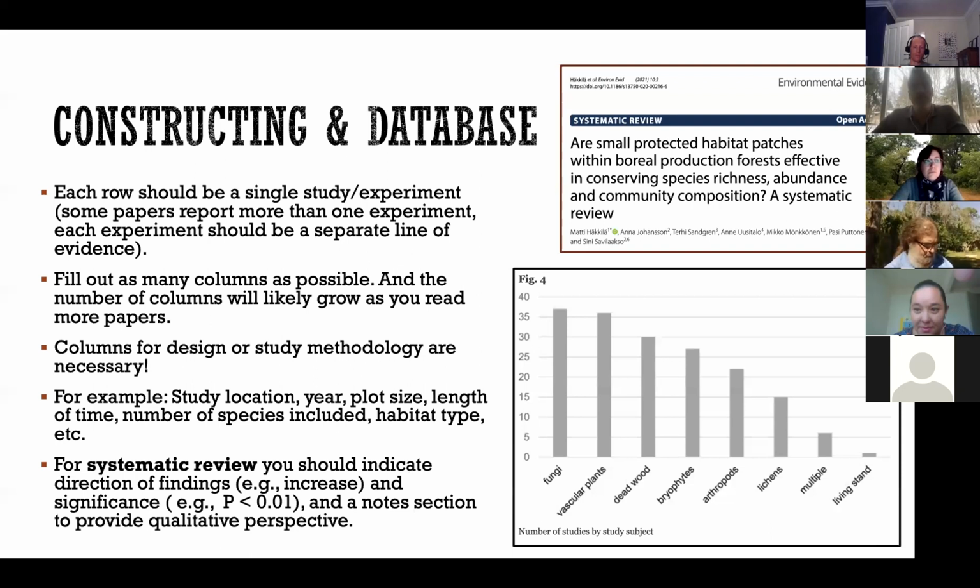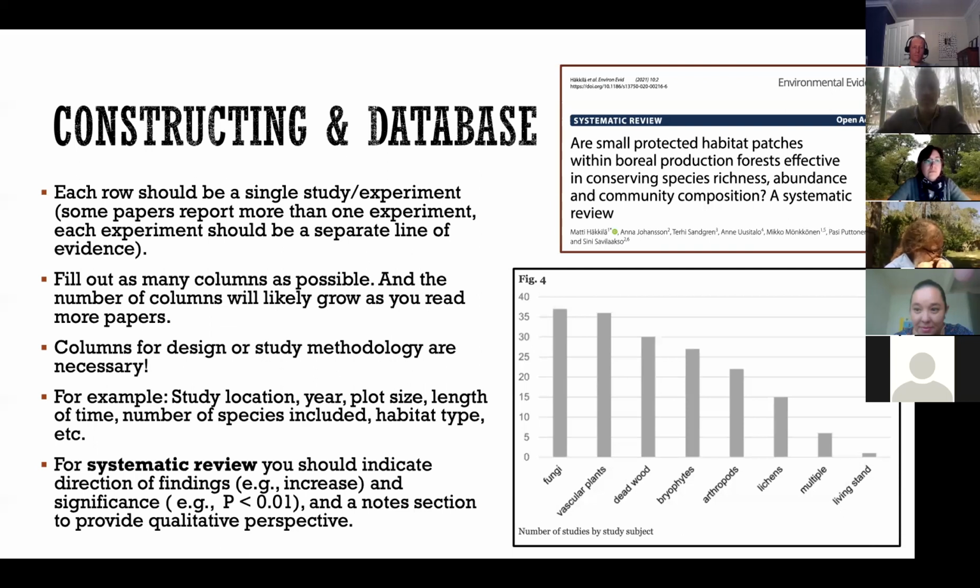So you might find some general answers to the question they're proposing in the systematic review, but then you might say, but that was really informed by or biased by the number of fungi and vascular plant studies that were included. For systematic review, you need to indicate the directions of findings. Are they increasing? Are they decreasing? Is there significance? And it's also good in these databases to have a notes section. So you can insert some